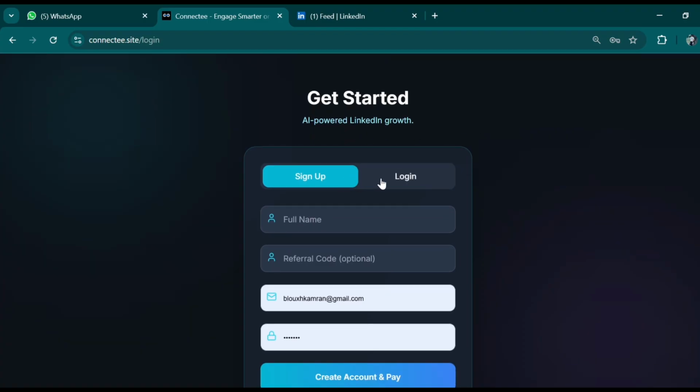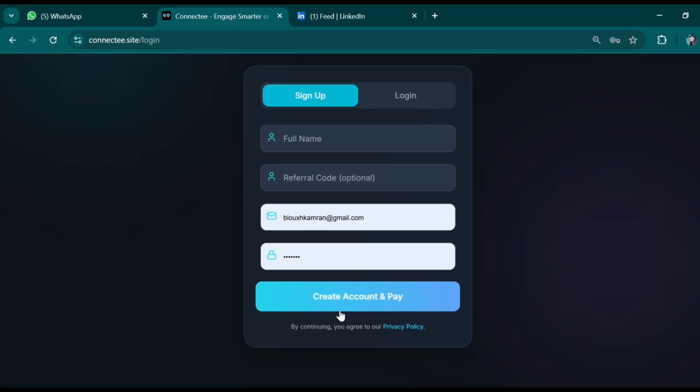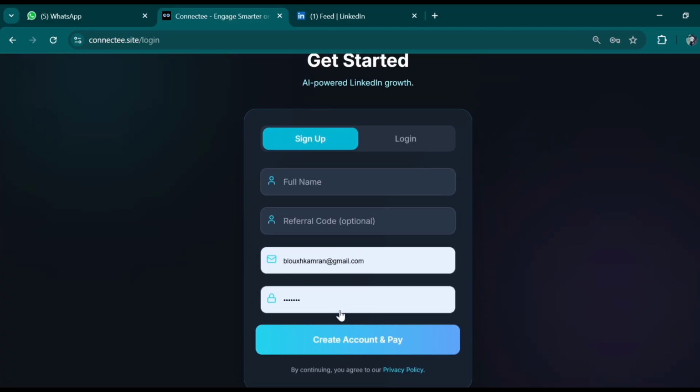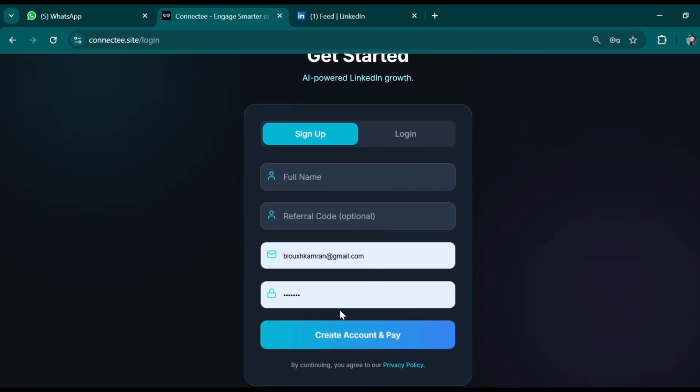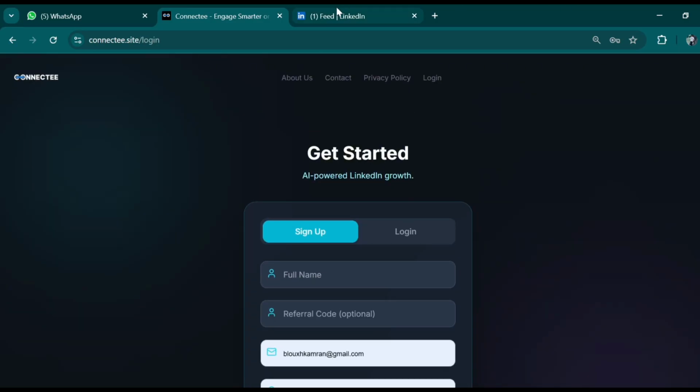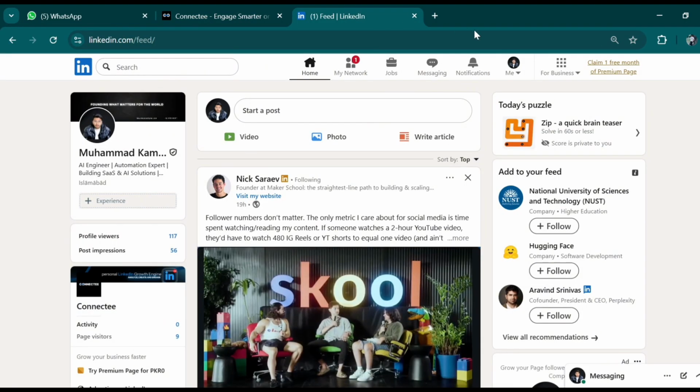If you didn't create an account, you have to sign up by putting in your full details: name, email and password. Once you sign up, you will get a free trial, so no worries, you don't have to pay to start. Once you sign up, you have to download the Connecti extension.